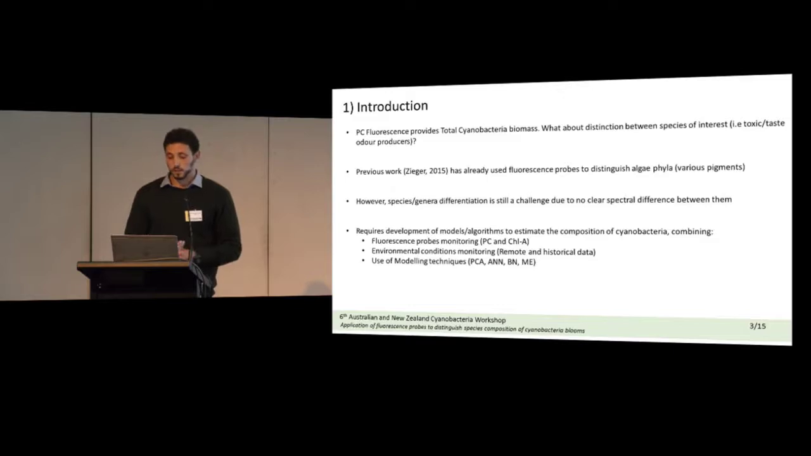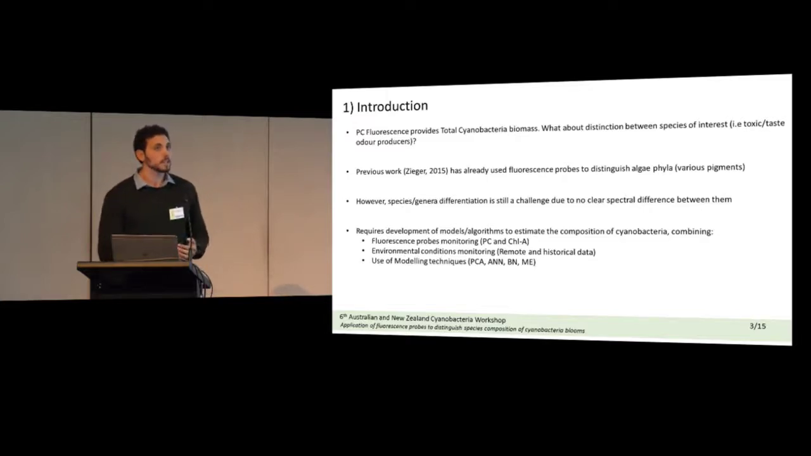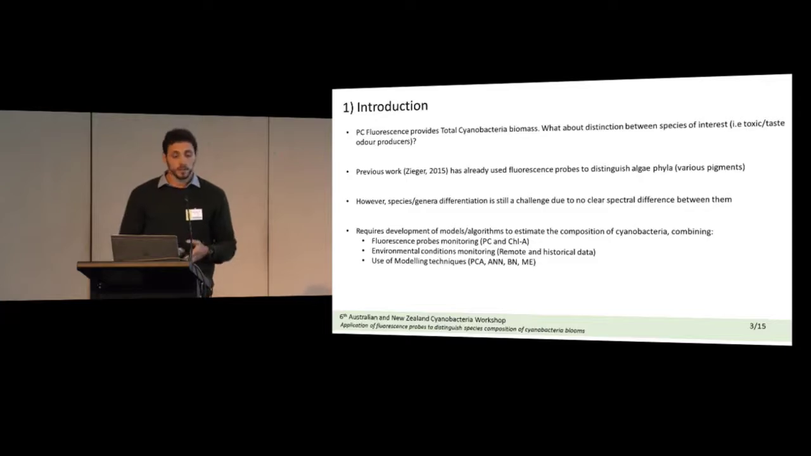So one way to overcome that is to develop models, algorithms, like data-driven models, to estimate the composition of cyanobacteria by combining the fluorescence probes monitoring data, such as chlorophyll A and phycocyanin, with historical and current environmental conditions, such as water quality, nutrients, pH, oxygen, and even cyanobacteria monitoring data, such as cell count and biovolume in identification of the species. Those two data sources together can then be used